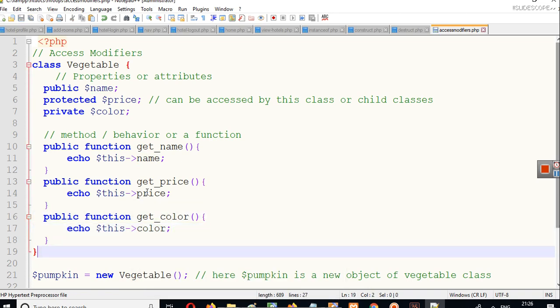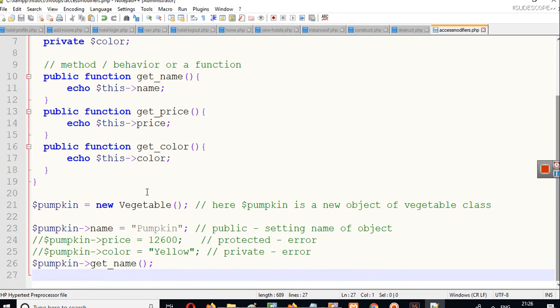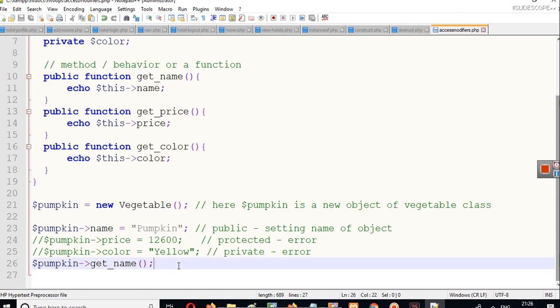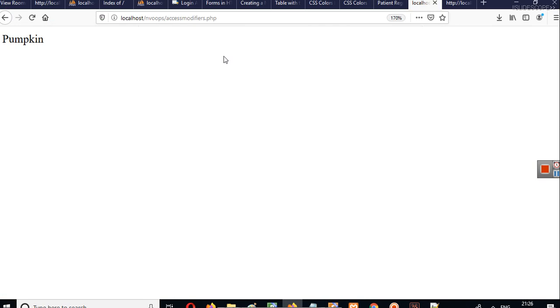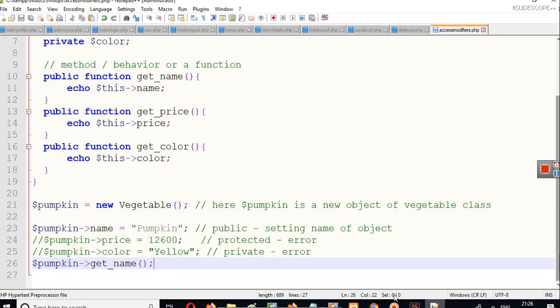In this part I will not use the other methods because we have not set the names yet. We have not set the price and the colors yet. So we have not set these attributes, so we cannot use them, but we can actually get name here. Let's execute this. You can see we are getting the name here.